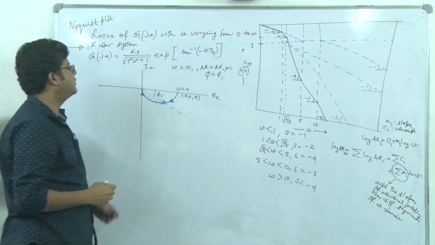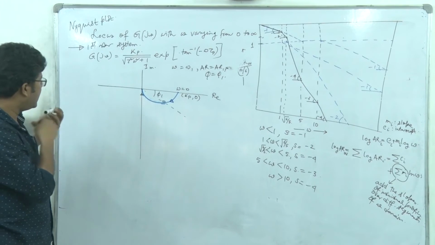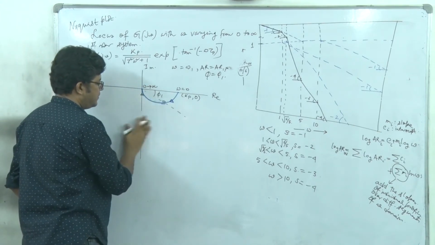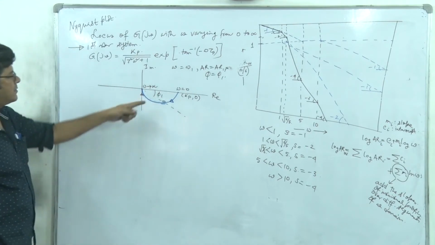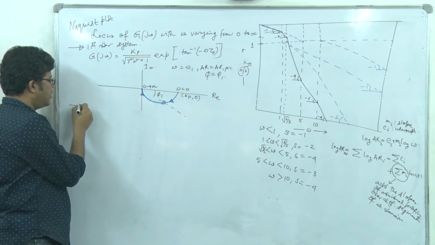Right. So this is the plot moving from here to here, and this is omega tending to infinity. Okay. So that's the Nyquist plot of a first order system. So if you think of a second order system,